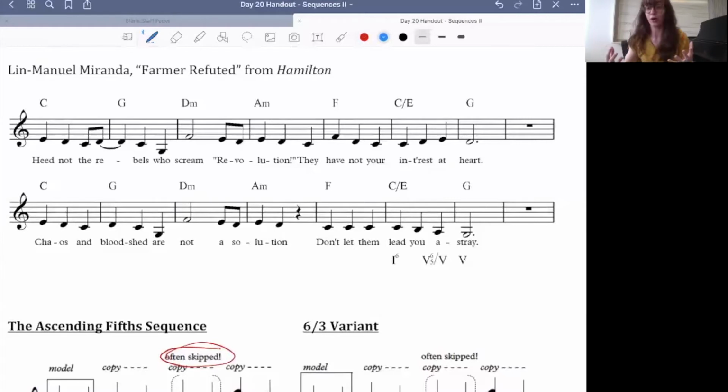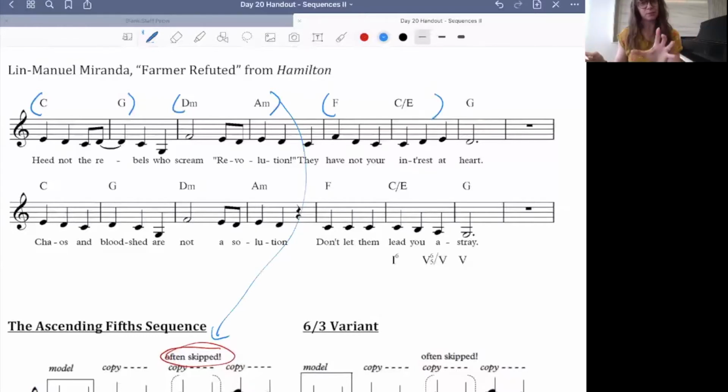So let's talk about the pattern, how it breaks, and how the navigation is a little bit different than the Bach. So here's our ascending fifth pattern, right? We get it again. Now with the Bach, we saw that we actually started the second copy. We went to the E minor triad and then sort of defected after that. What we end up doing here is we're just going to skip that copy entirely, and let's just jump to the next one. So we completely avoid this guy and just jump right to the next pattern, which is,